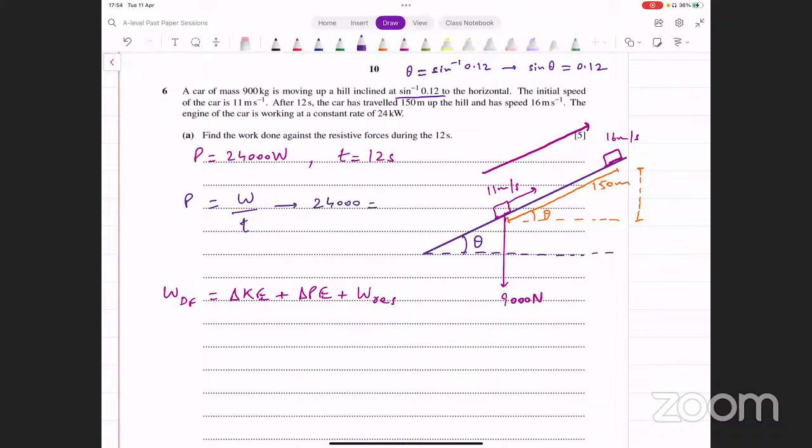इनपुट कर दें, दैट इक्वल्स W। रिमेंबर दिस W इज डिफरेंट फ्रॉम दिस W। W ये ऊपर वाला वॉट है और नीचे ये वर्क डन है। वर्क डन बाय द ड्राइविंग फोर्स डिवाइडेड बाय टाइम विच इज 12। यहाँ से आपके पास वर्क डन बाय ड्राइविंग फोर्स आ जाएगा, 24,000 मल्टीप्लाइड बाय 12। लेट्स सी व्हाट दिस टर्न्स आउट टू बी।